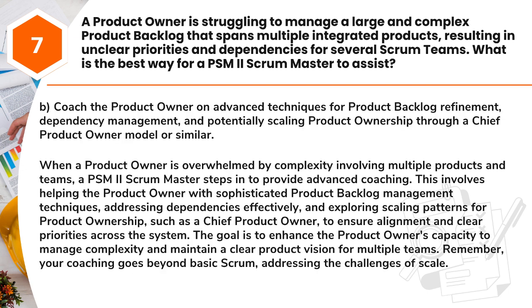Answer: B. Coach the product owner on advanced techniques for product backlog refinement, dependency management, and potentially scaling product ownership through a chief product owner model or similar. When a product owner is overwhelmed by complexity involving multiple products and teams, a PSM II Scrum Master steps in to provide advanced coaching. This involves helping the product owner with sophisticated product backlog management techniques, addressing dependencies effectively, and